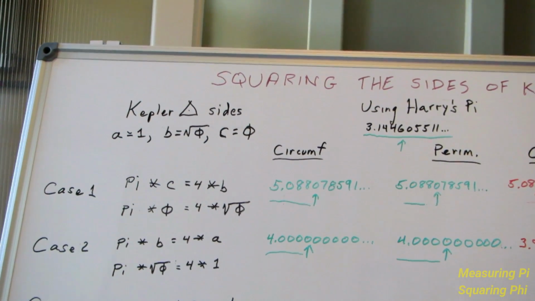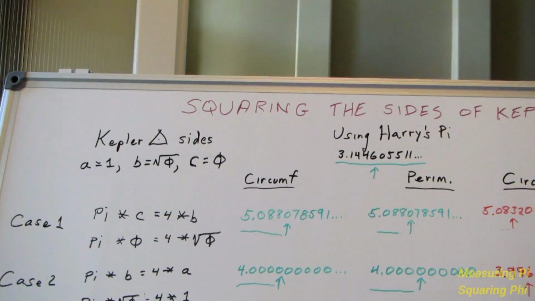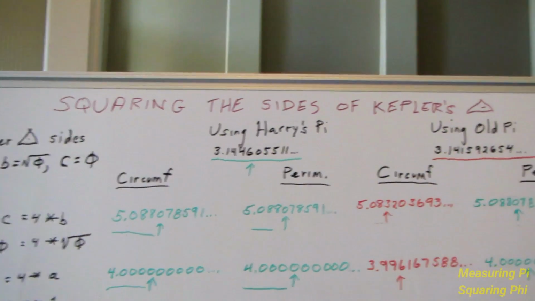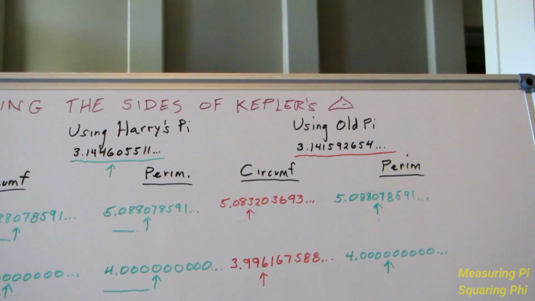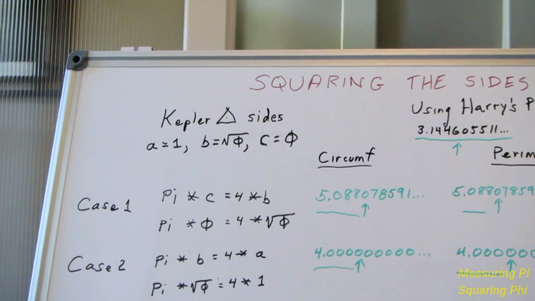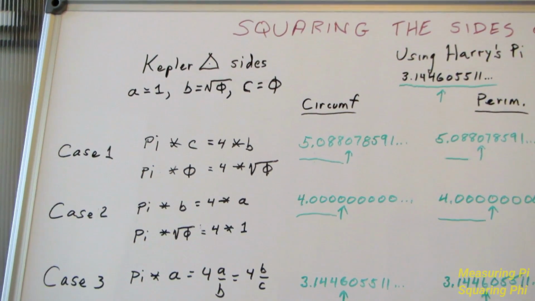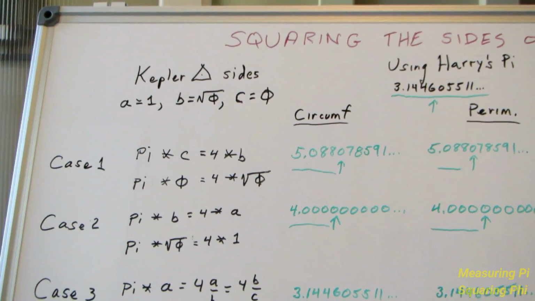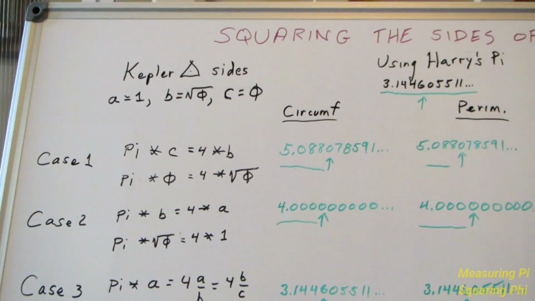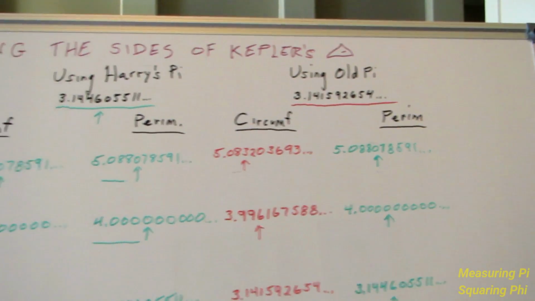In order to re-emphasize how important it is to physically measure the pi circumference of a 1 unit diameter circle, in order to get a start to discovering what true pi is out to 30 and 40 decimal places, it is very important, because if you use the old value of pi, as we can see in this table here,